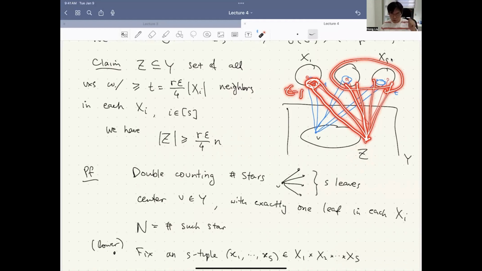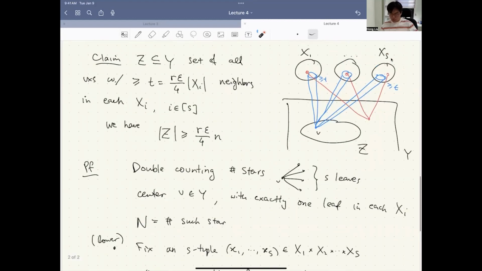Remember, the requirement of being in Z is to have at least t neighbors. So only one set is violated, and just violated by 1. So you have a vertex of really large degree up there, but not making it to Z. And we're going to count making use of this set of bad vertices. And this double counting will give us a lower bound on Z. To make it precise,